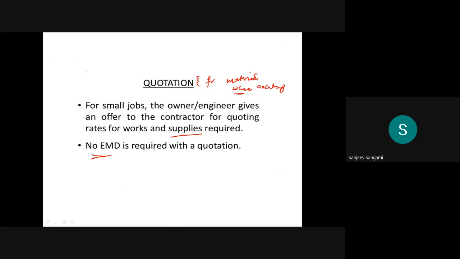For example, if you mention that you have to use 53 grade cement, or AC cement, you have to quote for that. I'll give it to you for, for example, 350 rupees per bag. Somebody else will quote 320 with the same quality. That quotation has to be submitted, and remember, this quotation also has to be approved.